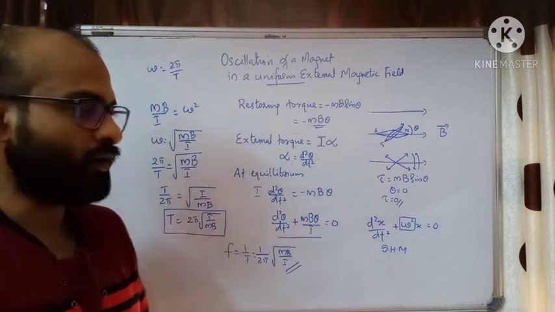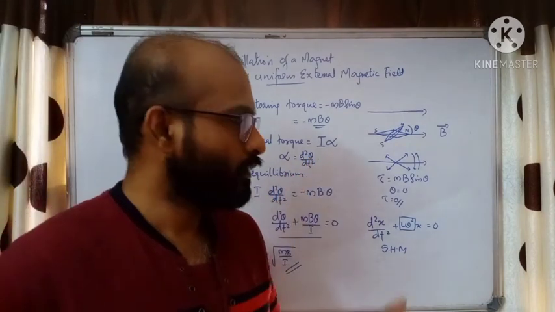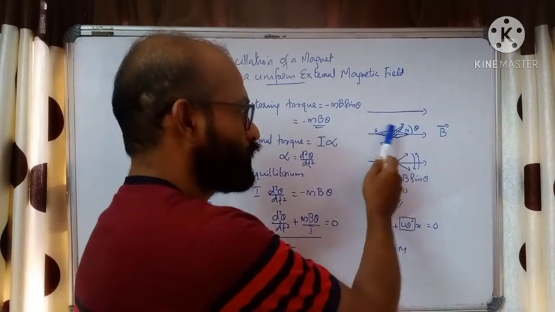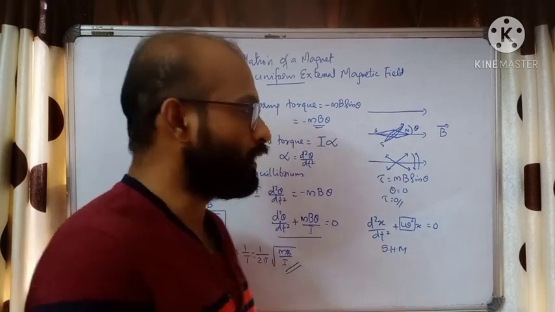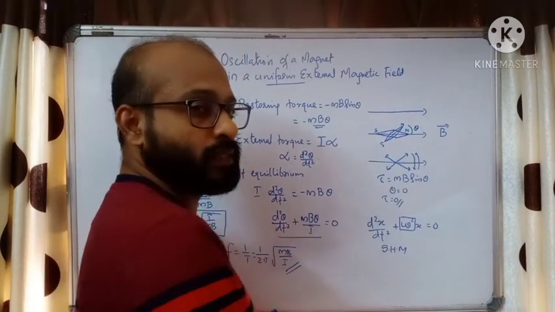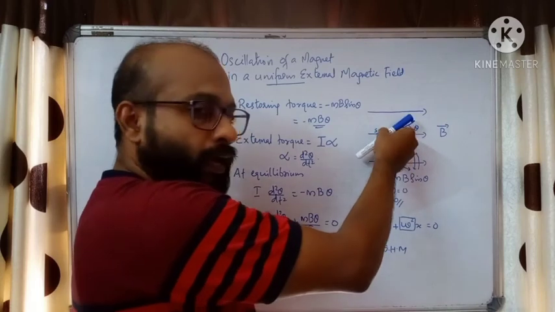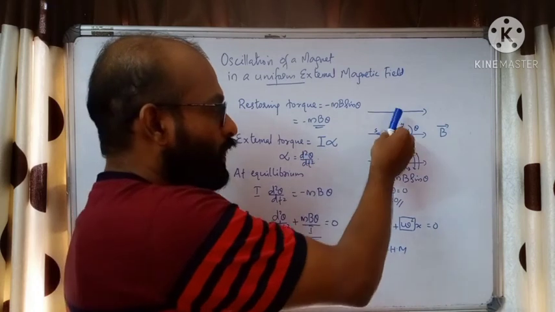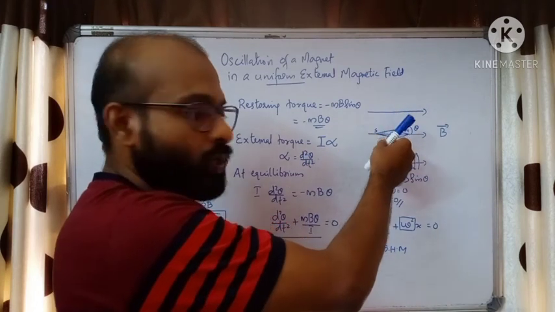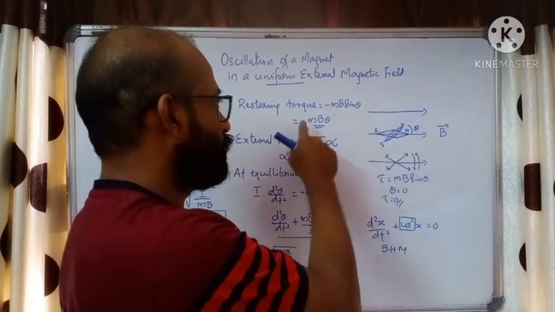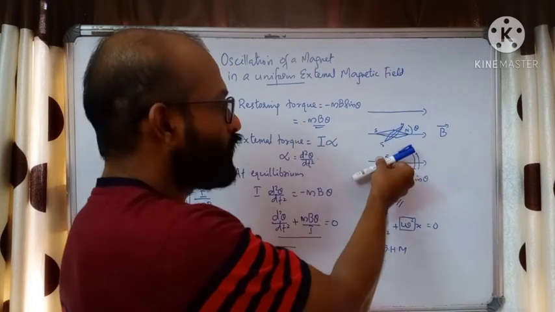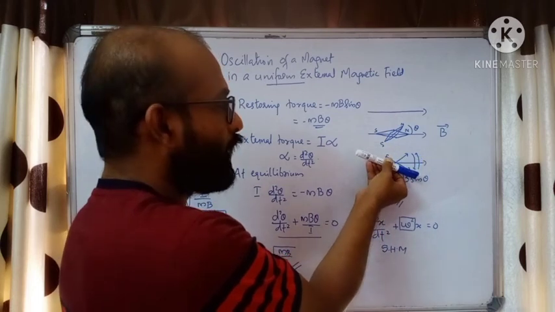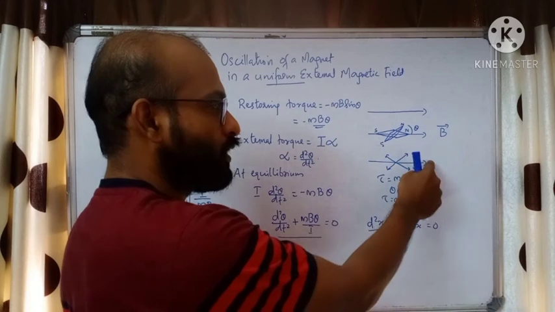So what we have seen here is, a compass needle is a magnet. It has two poles, north and south pole. If we place it in an external field parallel to the field, the torque will be 0. But if we slightly displace it to an angle by giving an external torque equal to I alpha, and then release it, it will come back to the equilibrium position because of the restoring torque. But due to inertia, it is not able to stop there. It will move to the other side slightly. Again it will experience a torque in the upward direction due to the magnetic field.